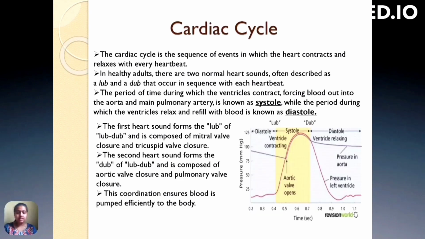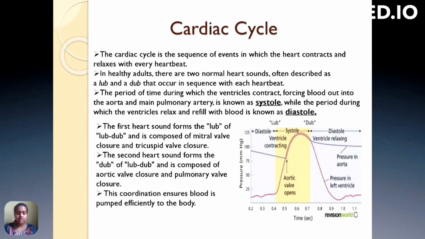Cardiac cycle. The cardiac cycle is the sequence of events in which the heart contracts and relaxes with every heartbeat. In healthy adults, there are two normal heart sounds, often described as a lub and a dub, that occur in sequence with each heartbeat. The period of time during which the ventricles contract, forcing blood out into the aorta and the main pulmonary artery, is known as systole, while the period during which the ventricles relax and refill with blood